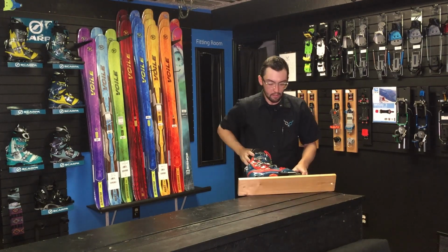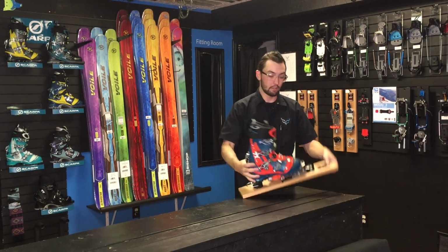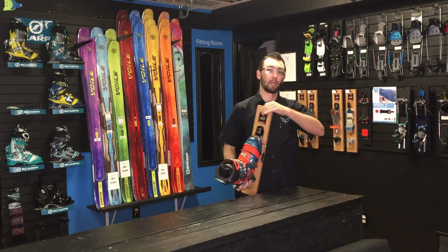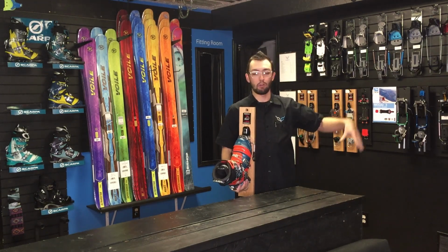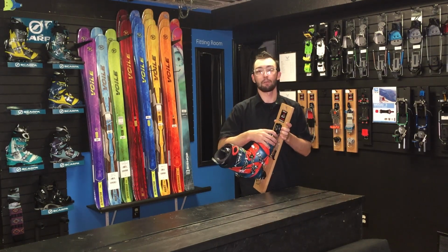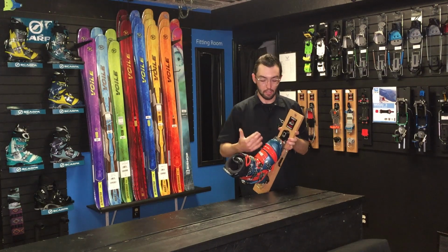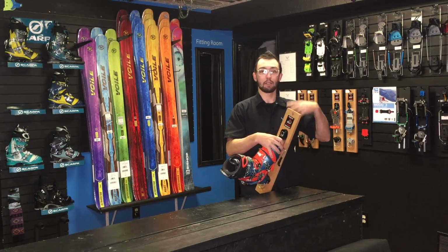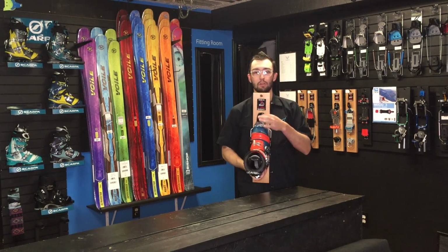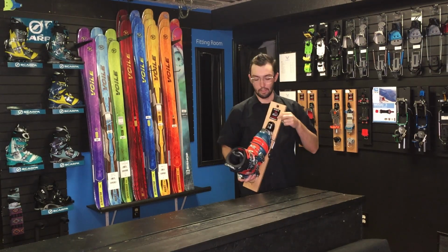And then touring mode on this is super simple. I primarily ski resorts, but we do have tons of great backcountry terrain around here. So when I do want to go touring, this is kind of the binding I take most of the time because it's on my skis that I like to ride in the resort a lot, and I may never use this touring mode, but this touring mode is the exact same mechanism from the 22 Designs